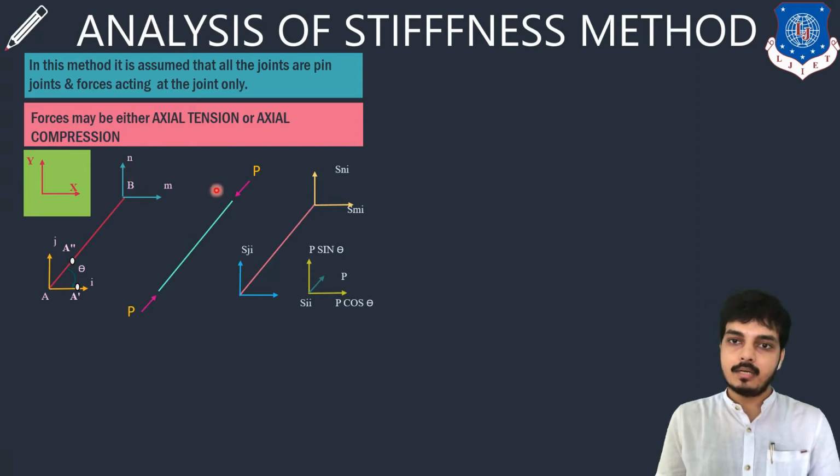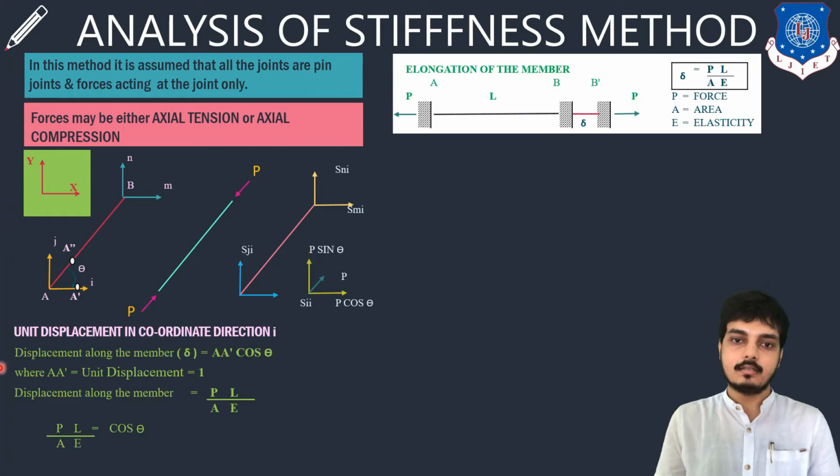Now here one member has been considered on which P force is acting. So for this P force, we will be resolving it in vertical and horizontal direction. Means if we consider this P force and theta over here, so this will be resolved as P cos theta, and the vertical will be resolved as P sin theta. Cos and sin functions we have used to take out this particular force for an inclined member. Now let's move ahead for the theory, what it says.